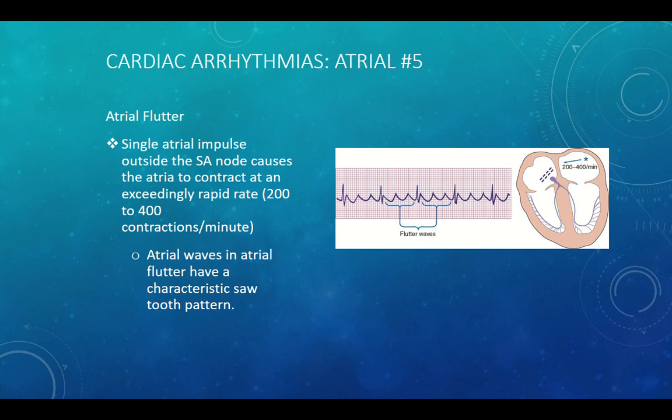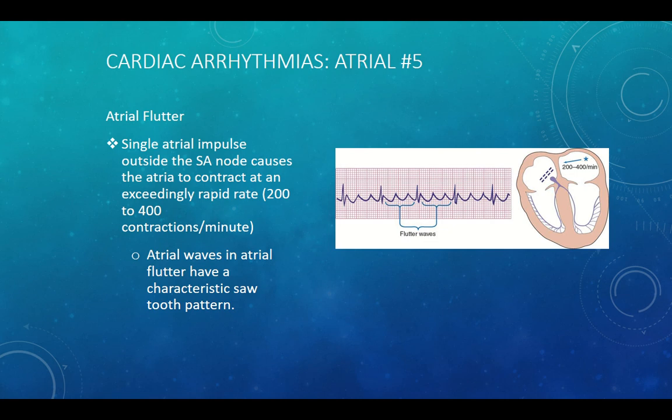Atrial flutter. Now, you can notice atrial flutter just by looking at a QRS on the paper because it has sawtooth waveforms. The atrial wave is a flutter wave, and it is usually even. There's usually 2, 3, or 4 in between each QRS. The QRSs are equal, and it is a marching out,